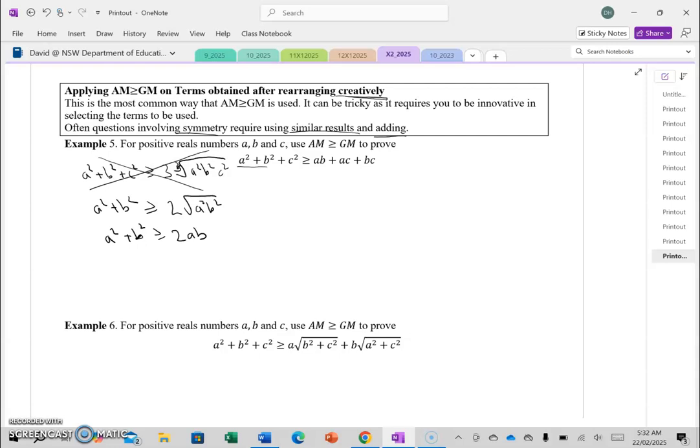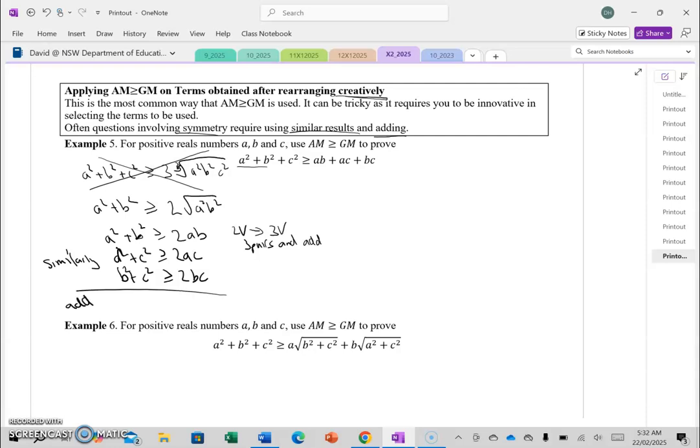Alright, so now what we're going to do is we've got a result in 2 variables. We want to go to a similar result in 3 variables. So we do 3 pairs and add. Okay, remember that trick. If you've got 2 variables, you want to go to something similar, symmetrical result in 3 variables. You do 3 pairs and you add. So similarly, a squared plus c squared greater than or equal to 2ac, b squared plus c squared greater than or equal to 2bc. So add,